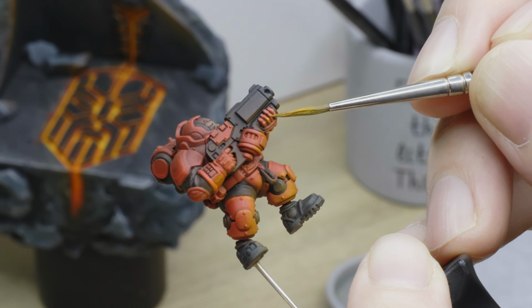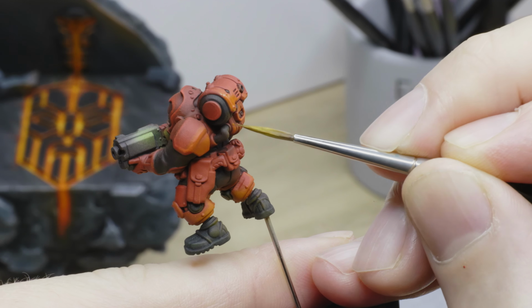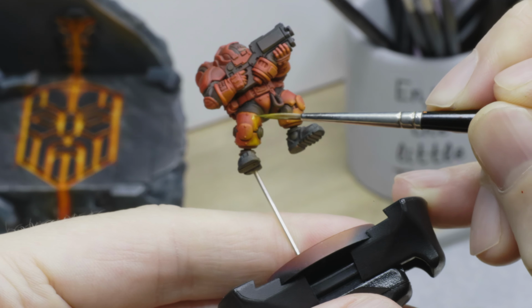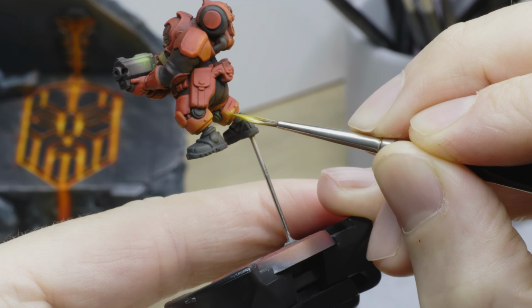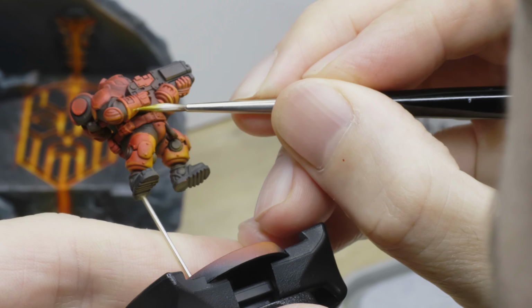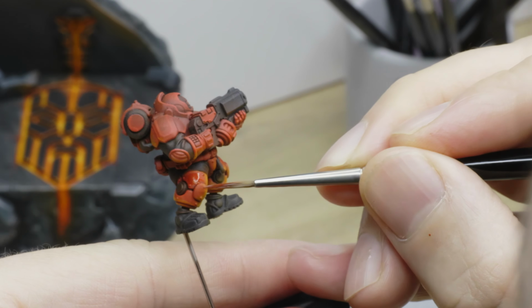Using glazing, I am again brightening the parts most illuminated by the lava, making sure to keep a smooth blend. Layer by layer, I am slowly getting where I want the color to be, finishing with pure medium yellow for the hottest point. A bit of red glazing to smooth out the transitions,